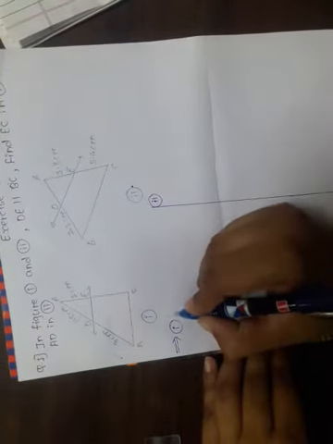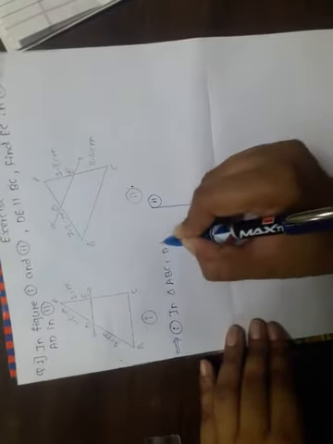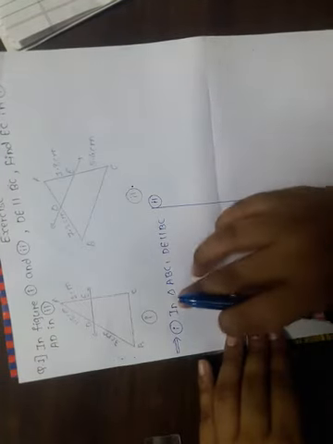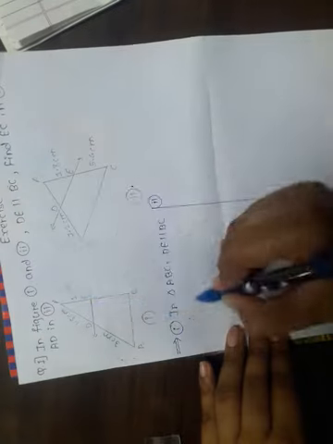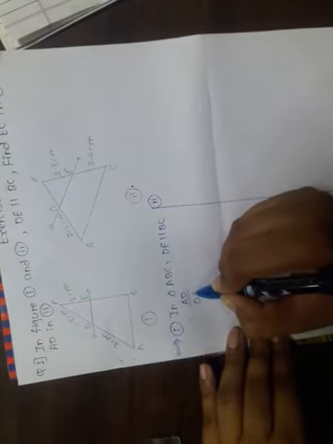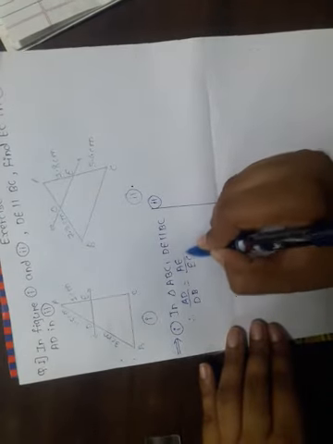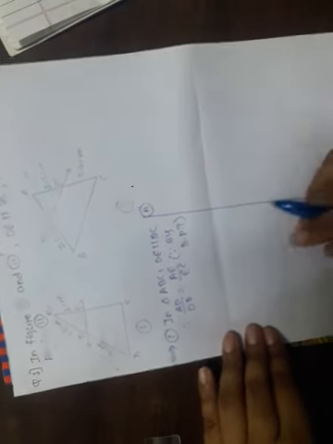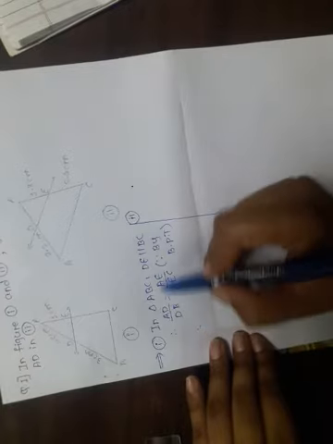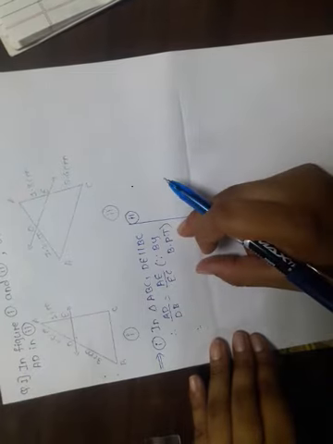So write down the answer for the first figure. In triangle ABC, DE is parallel to BC. If DE is parallel to BC, then the ratios must be equal. Therefore AD upon DB is equal to AE upon AC, since by BPT, or the basic proportionality theorem. This is our statement of the basic proportionality theorem.